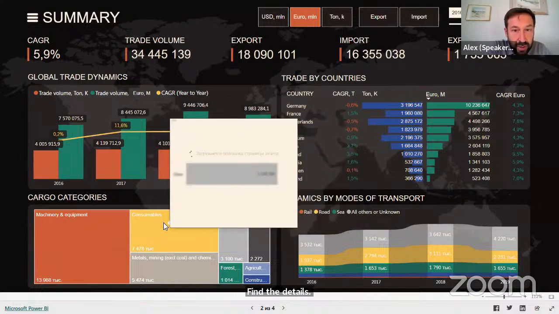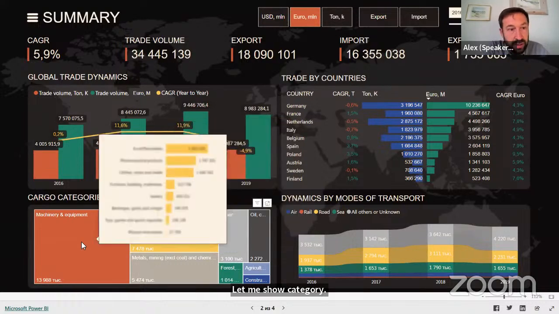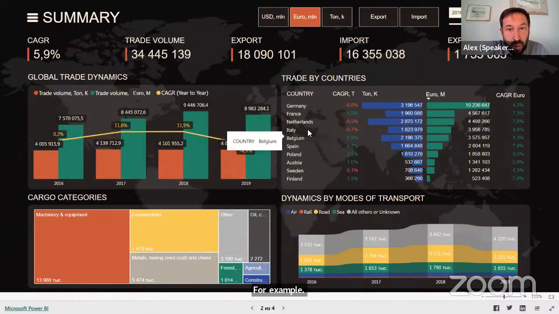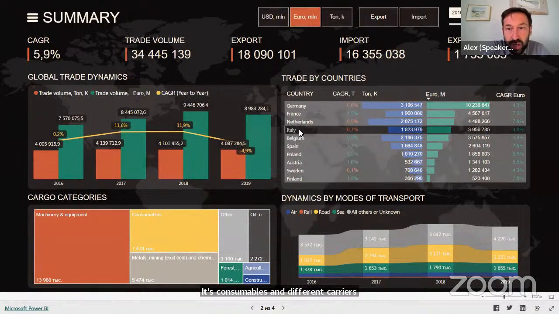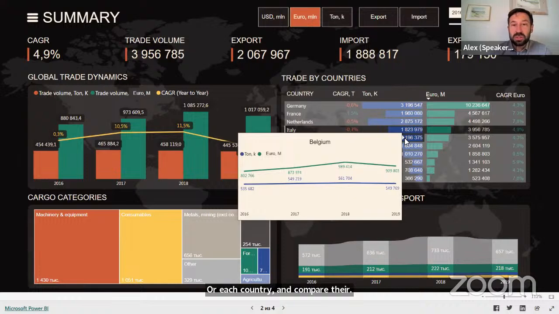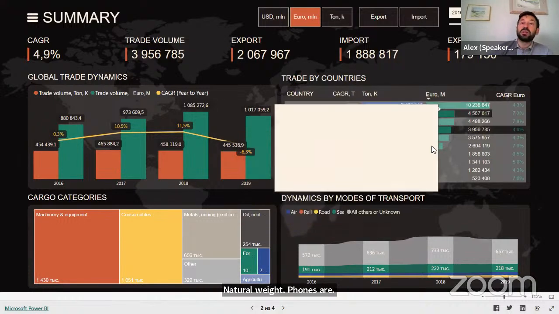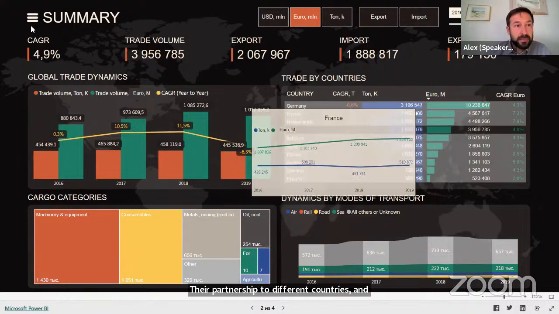Let me show a category, for example, consumables and different categories for each country, and compare their partnerships to different countries in net weight tons and in money.